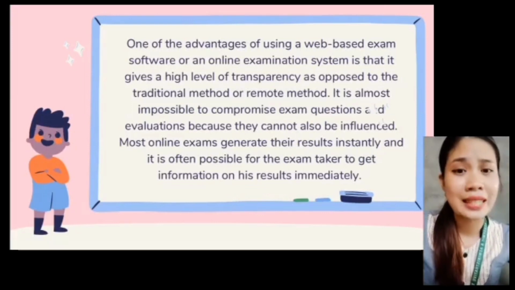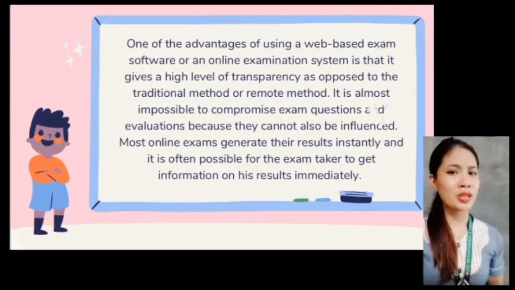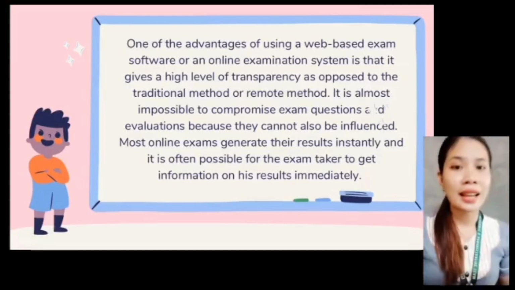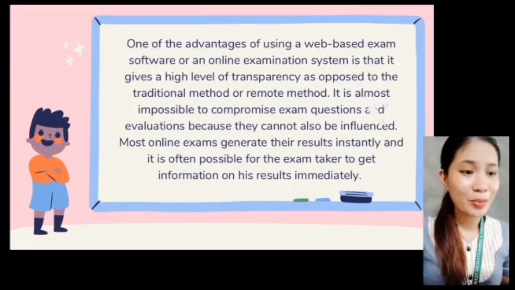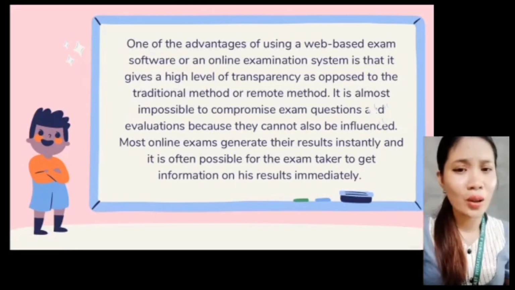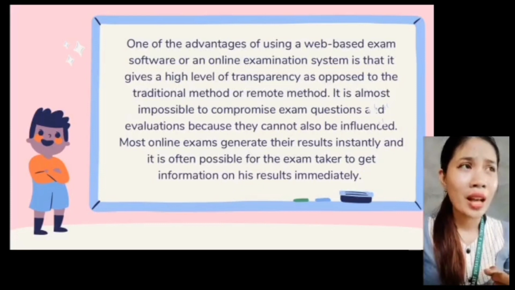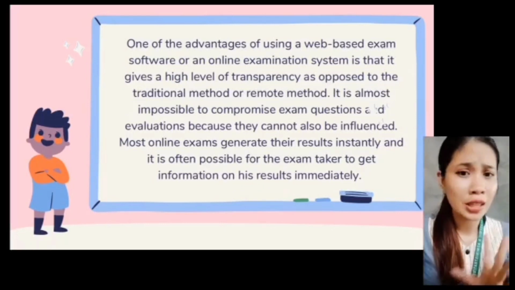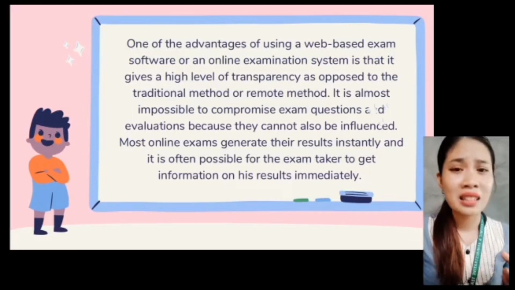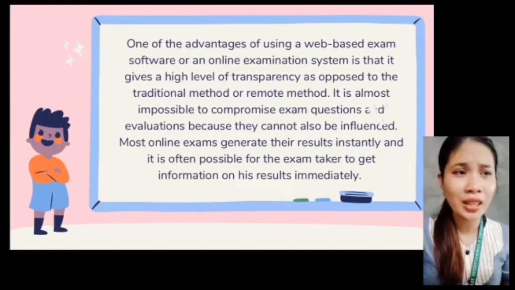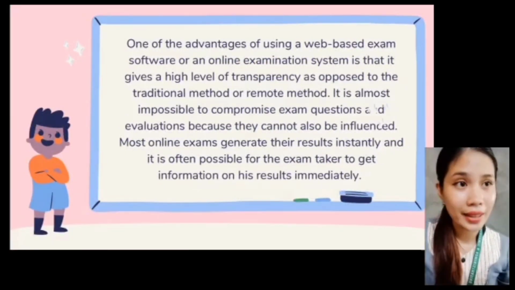And also, this most online examination generate result instantly. Kasi, because of the technology, sabi ko nga kanina is napakadali talaga ng technology, is one click mo na lang talaga is nandyan na talaga yung sagot, nandoon na talaga yung results. And napakaganda nito kasi magagamit talaga dito ng isang teacher, especially during pandemic, di ba, na-experience natin or may mga bagay-bagay na kung saan may mga instances na halimbawa bumabagyo or hindi pwedeng makapunta yung students or yung teacher sa isang school, pwede sila